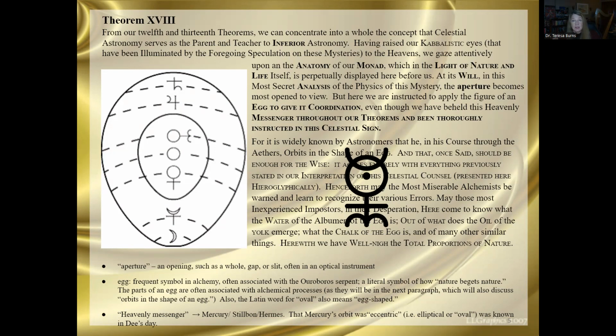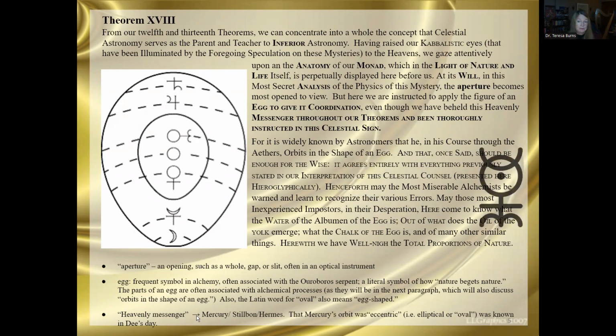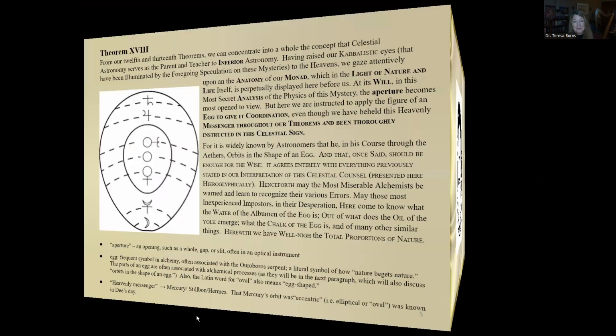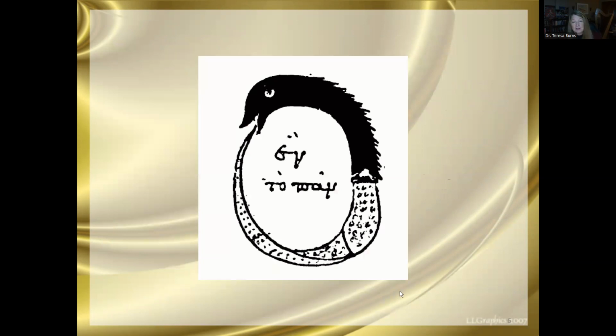Now, let's just talk about the planet. The fact that Mercury's orbit is what would now be called eccentric, meaning more elliptical than the others, less circular, more elliptical, or more oval, that was known in Dee's time. You can figure that out, and it's that way whether you have a geocentric or heliocentric view, or if you have both. Okay. Oh, here's a picture of an Ouroboros serpent that would have been in one of Dee's books,